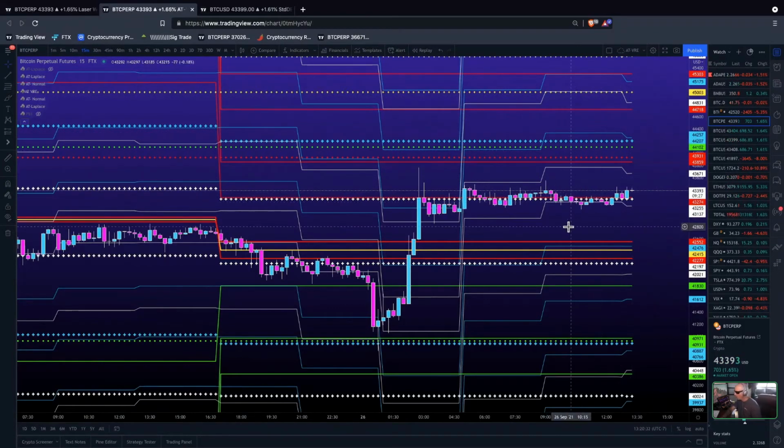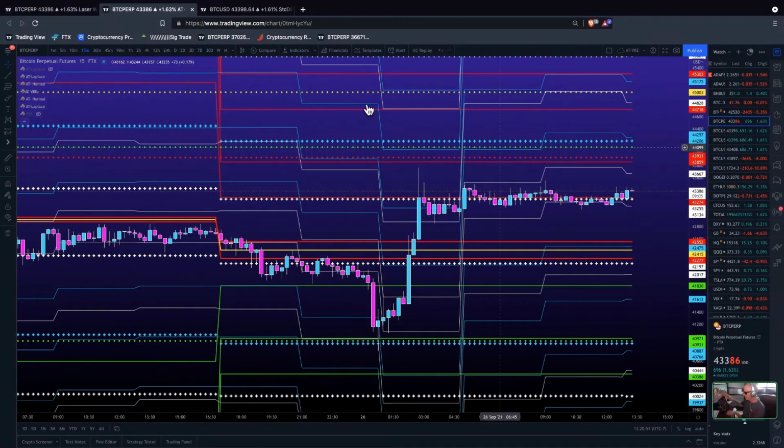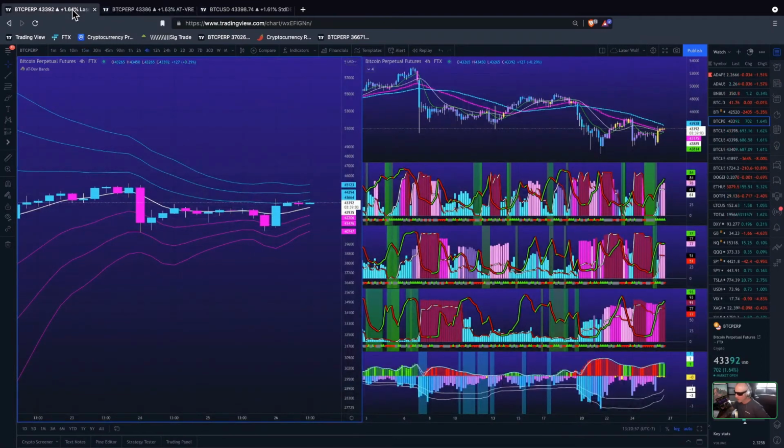Wouldn't shock me at all if we get a run up here real quick. Wouldn't shock me at all, considering this. That looks good. This is how we use all this together. All right, ladies and gentlemen, this is what we do. And the 4 hour is expanding again positively. Tell you what, man, we could have a ripper